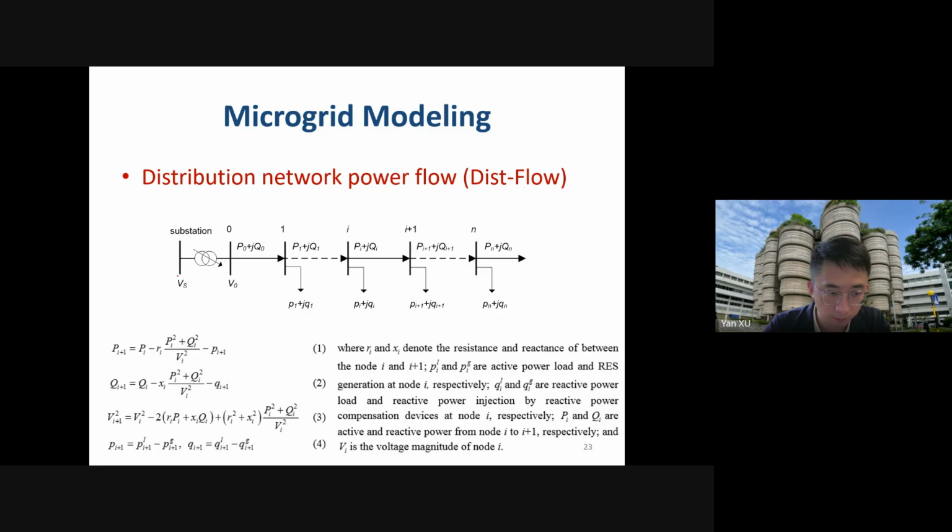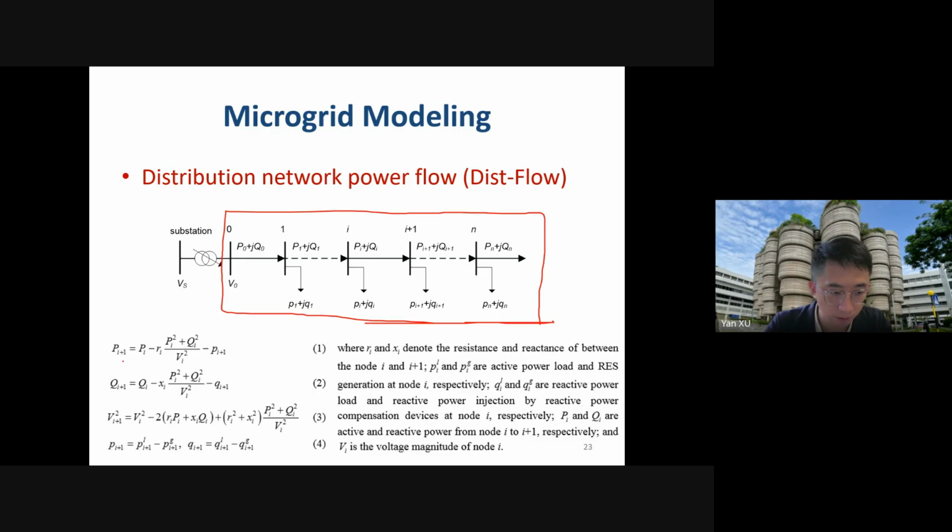This is, let's say, a grid substation. And from here, we have this distribution network. You can see it's a tree structured, radial tree structured. So according to KCL, Kirchhoff's current law, we can formulate the power injection equals the total power output of